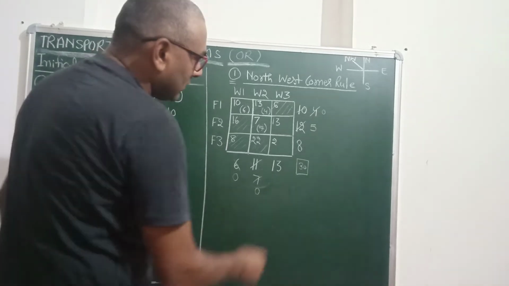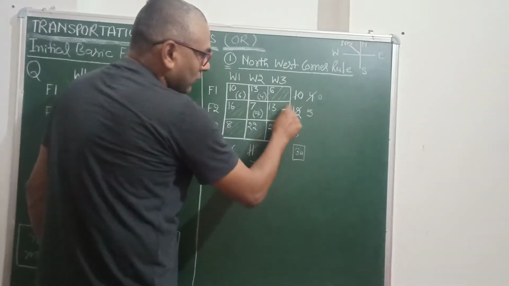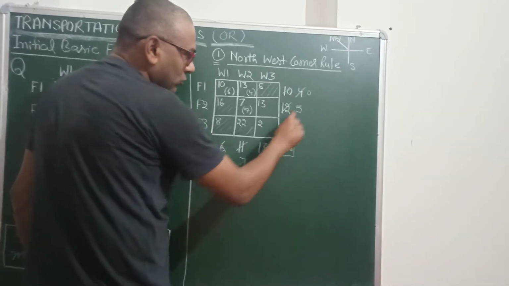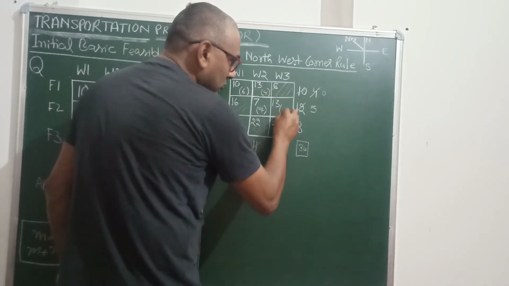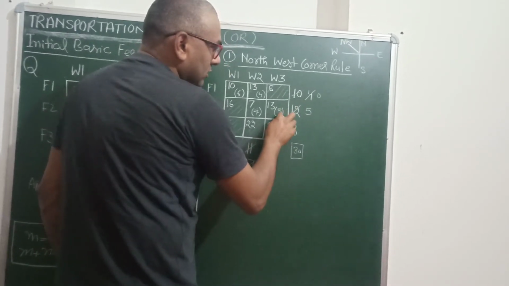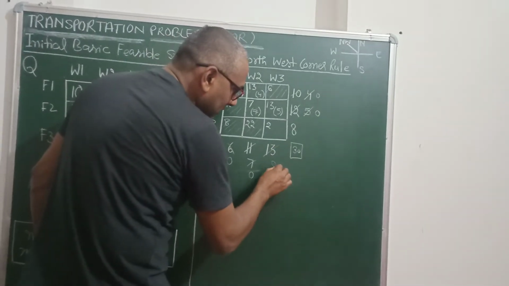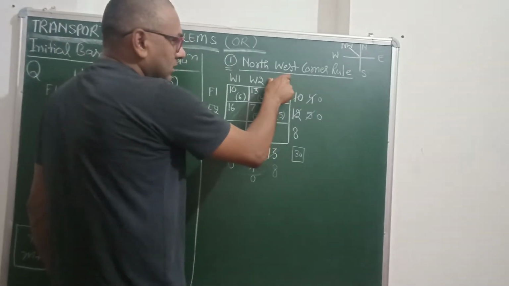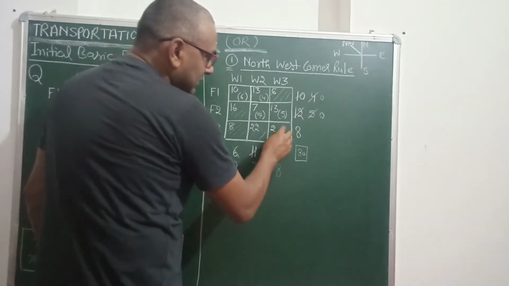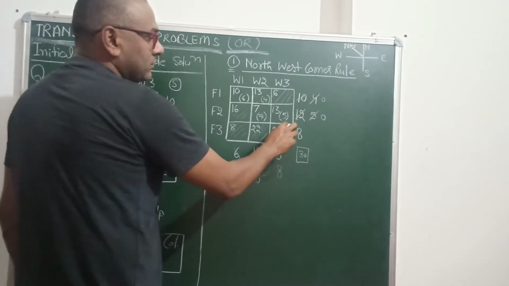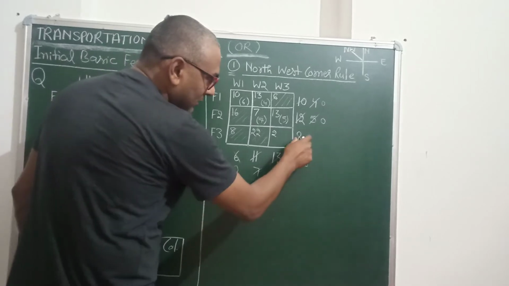Now what is happening, it has a supply of 5 and demand of 13, so only 5 can be supplied to it. So 5 is allocated to this and there is no further supply available, but here the remaining quantity is 8 for the demand purpose. Now this is the only cell which has remained. So we will make an allocation.